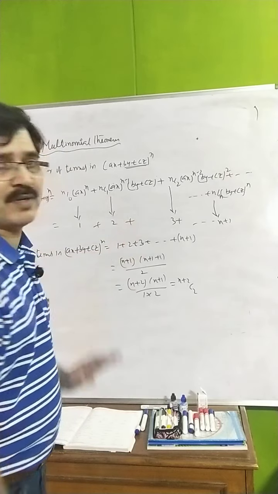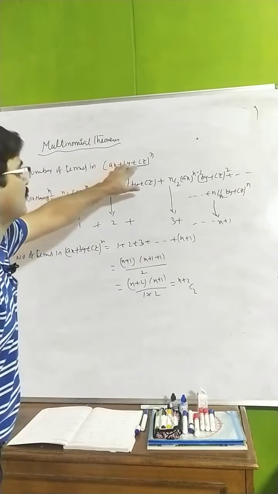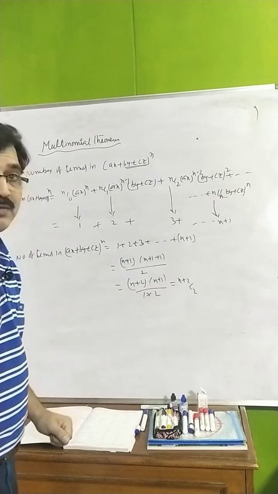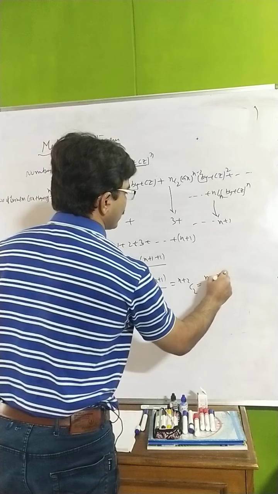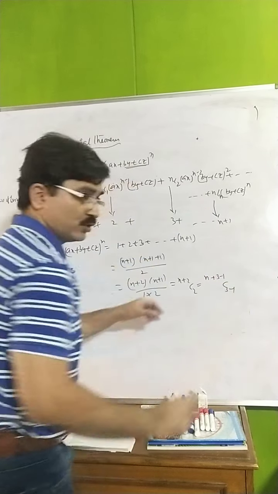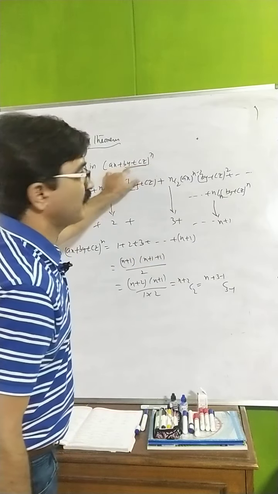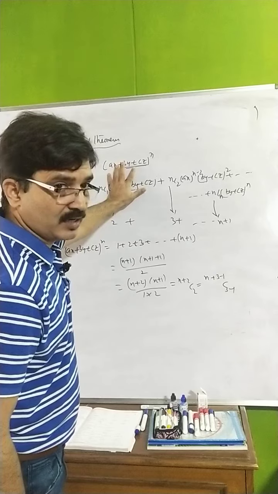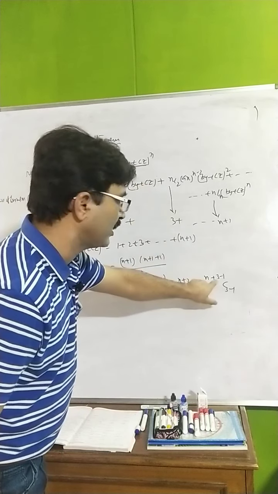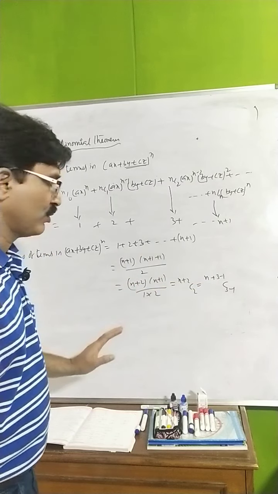We solved this one, but is it a generalized one? No. How can you communicate with this? 3 terms are there, n is there. If you modify this, n plus 3 minus 1, 3 minus 1, you can agree with me. n is the exponent, and 3 is the number of terms in the given multinomial. In the expansion, whatever the number of terms internally, that is indicated by 3. Now you people are going to accept this.